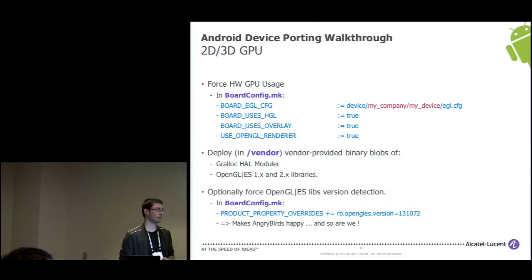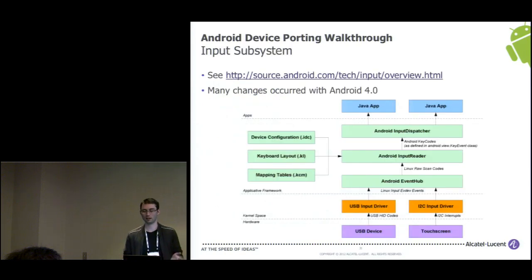And again, even with that, normally Android is supposed to be able to auto-detect that you have 3D and to auto-detect which version of OpenGL it is running. In some cases, some applications just crash because they are not able to support or to detect OpenGL versions. So one common hack that you may just have to do is, once again, modify the board config.mk and override one property, which is the ro.opengles.version, and you just put this magic number, which is some binary number saying that it is compatible with OpenGL ES 2.x, and then you get 3D support in many applications, for example, Angry Birds, and if Angry Birds works, everybody's happy.